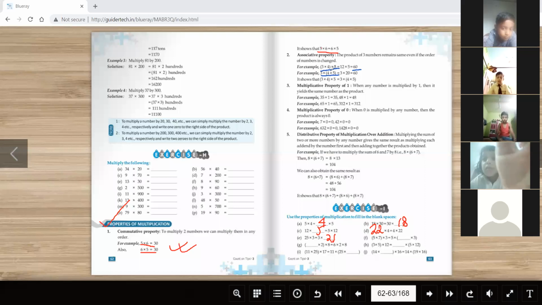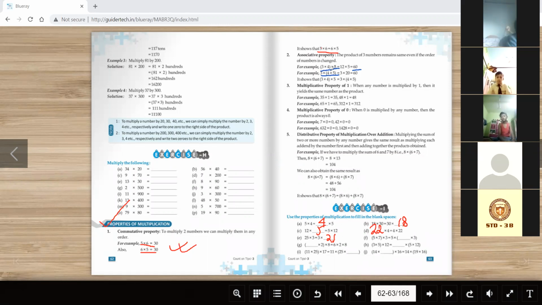So here we will not be bothered about the bracket. We can use the bracket anywhere, right? So associative property means here we can use that same thing. 5 into, here we can write 7 into 3. Associative property we have used. Also we can write from here 6 into 2 into 8. That means we can use a bracket or not use a bracket; that is not mandatory. Here we can write 3 into 5 into 15.